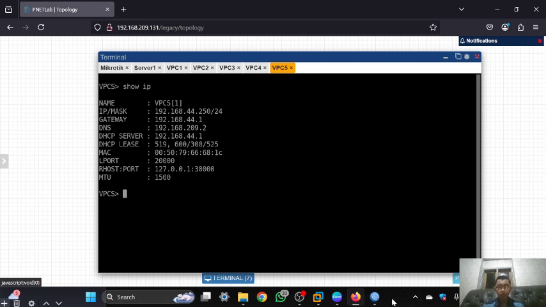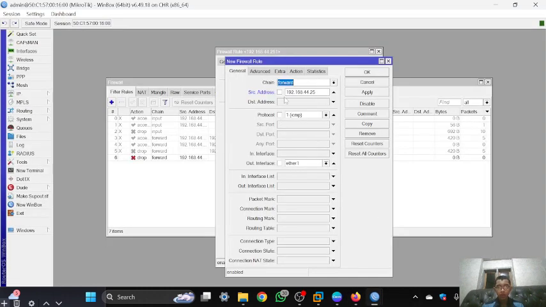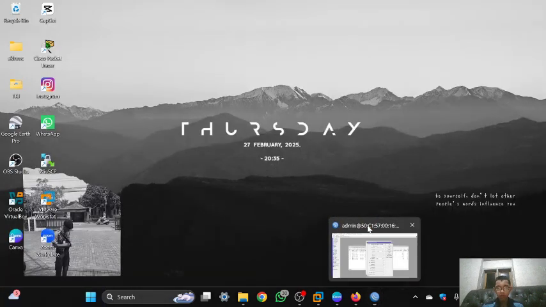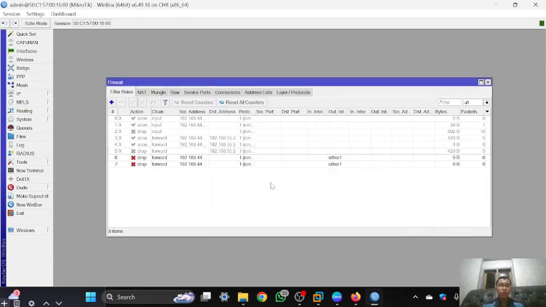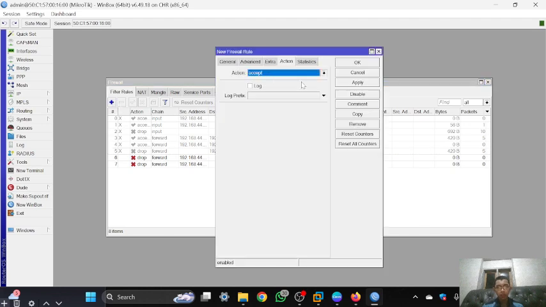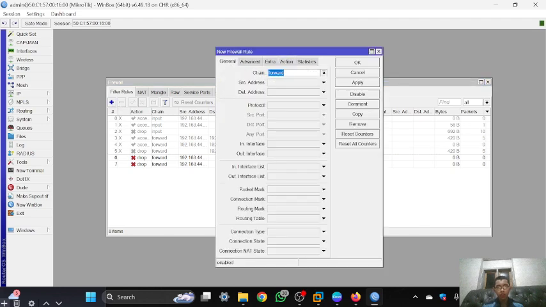Here is 150, and you can click apply. Then I've done the drop view strategy, so I need to set the accept any strategy. You can click add, and in the general tab, the chain is forward and the source address is the